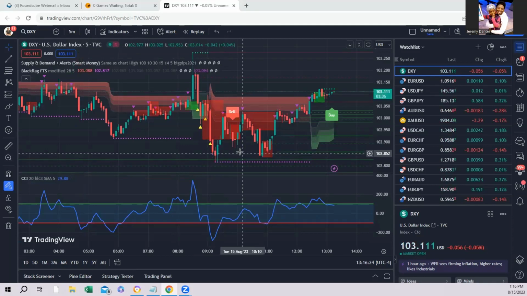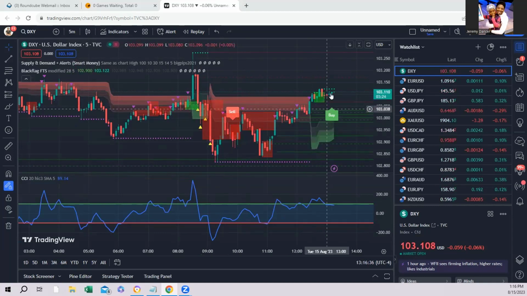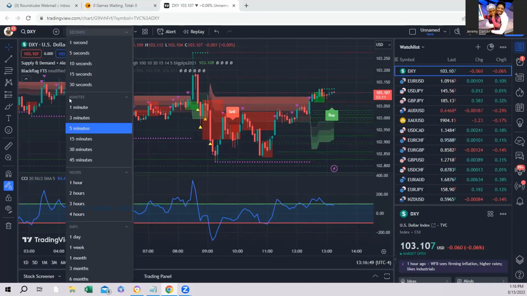Even though they're short term, it's easy to spot them with this indicator. You can see here now it's saying buy, but this is going to be short term, because most likely if it reaches this level, then it's going to say sell. So this could be a fun indicator to use because it's so simple and straightforward. When you get to the longer time frames,